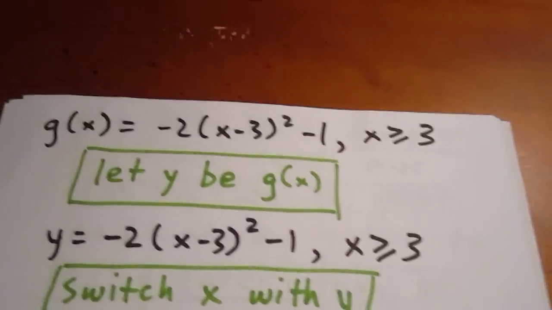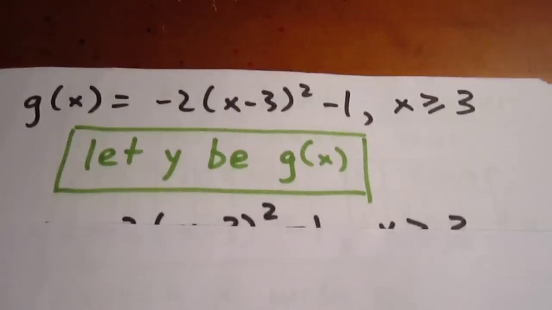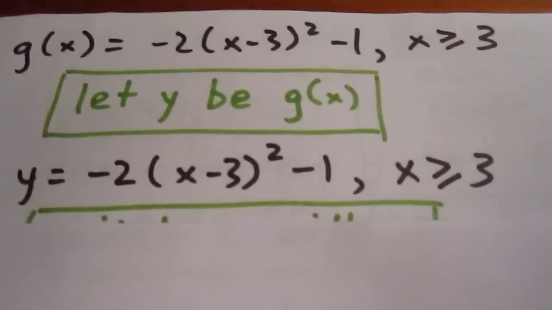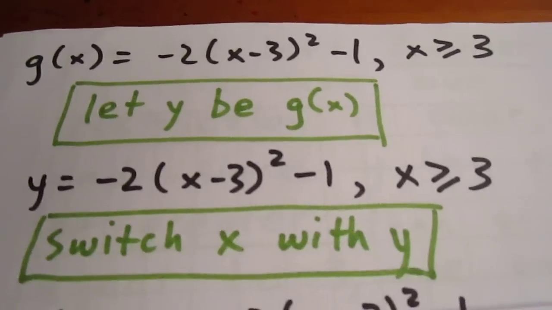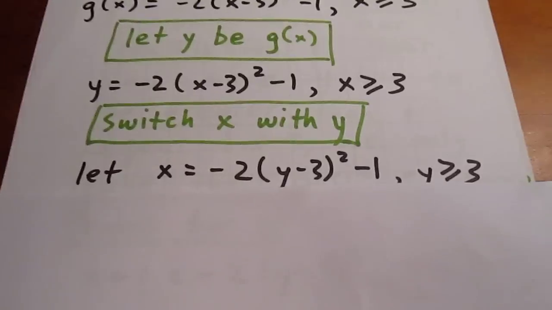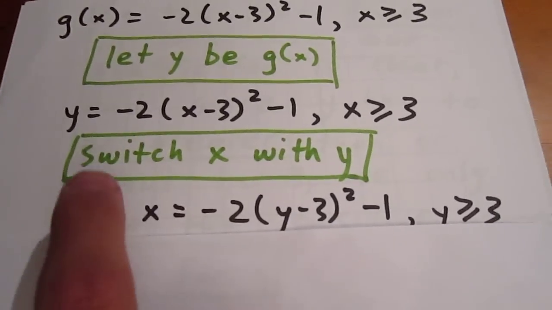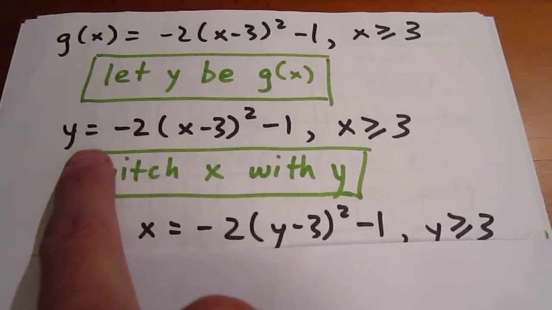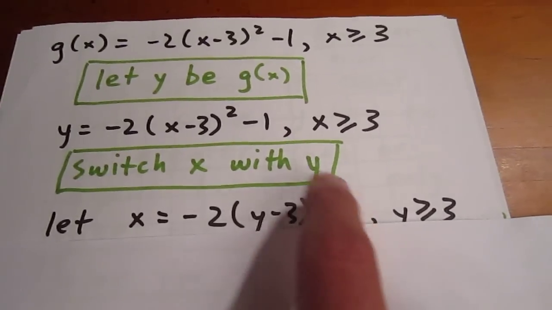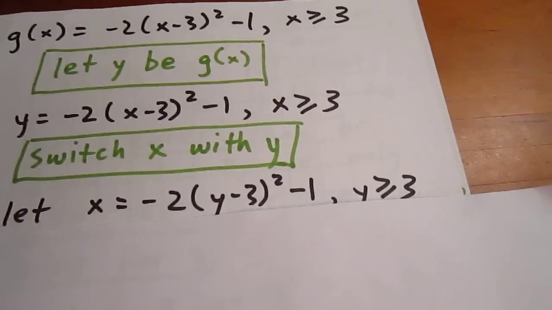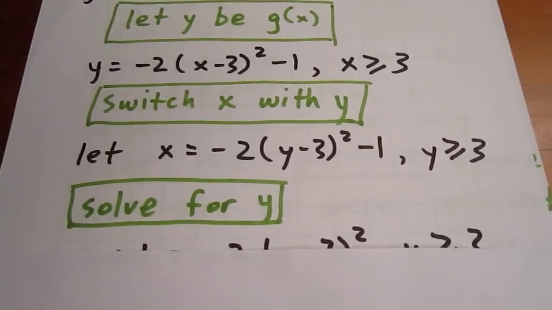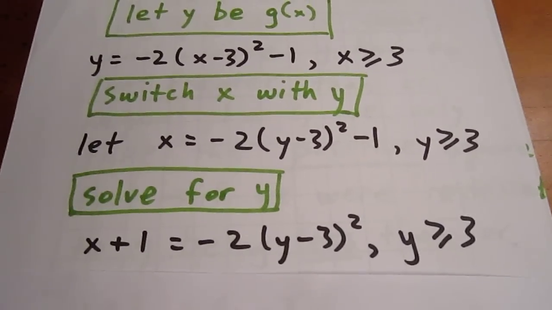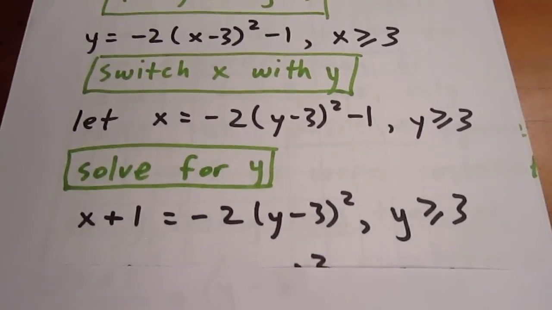What we're going to do is let y be g of x, so we're going to be able to state the equation this way. We're now going to switch x with y, so we give it a let statement there. And we're putting x in for y and y in for x, and this is what we get. X is greater than or equal to 3 means y is greater than or equal to 3. Okay. Now we're going to solve for y, so we're going to add 1 to each side, divide each side